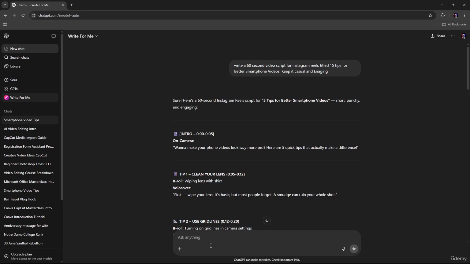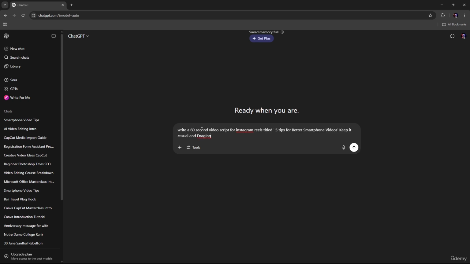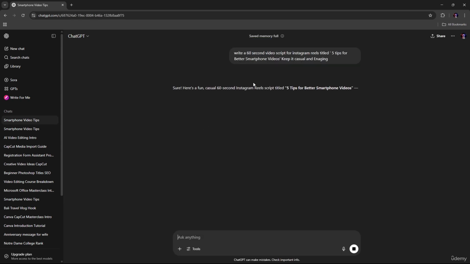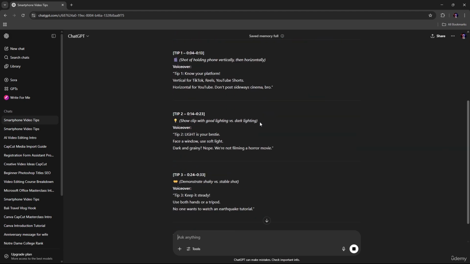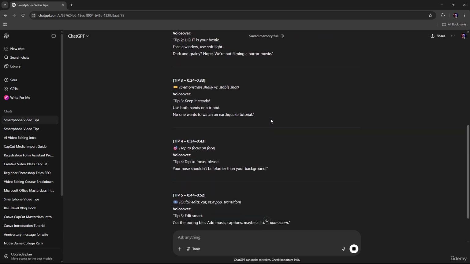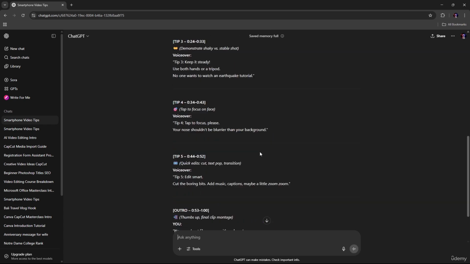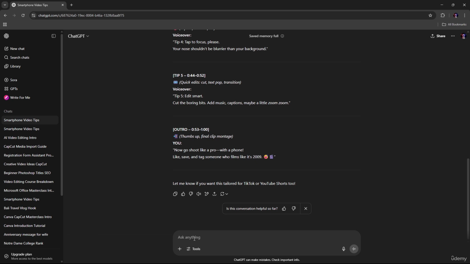We have this one, and we want to rewrite it for generating voiceover text. So for that, let's type here: rewrite this script as a voiceover text for a